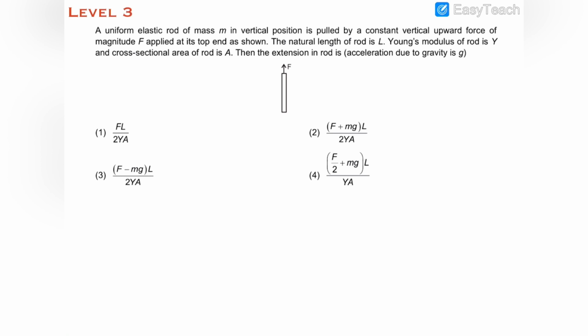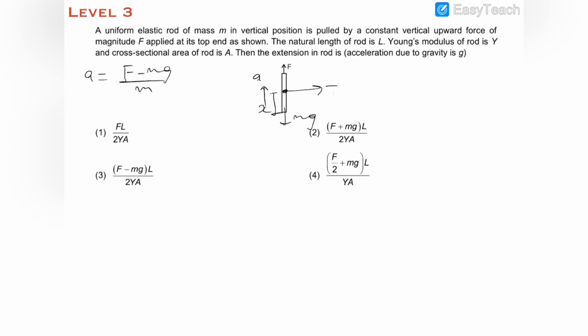Now we know that the acceleration of the rod will be A, and A will be equal to (F minus mg) by m. So this is A. And let us find out the tension produced in the rod at a distance of x. So let us suppose x is from the bottom end, and the tension at this point T will be equal to,